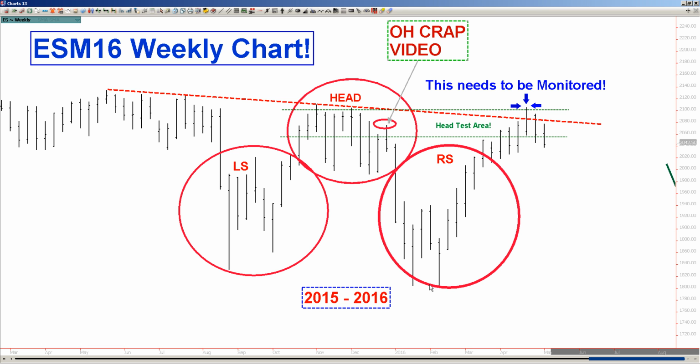That leads to this big up move. So now I'm talking from there to here. That leads to this big up move, which then basically turns into a big head and shoulders formation. Left shoulder, head, right shoulder, and then the market rallies out of the right shoulder, and this is something that's